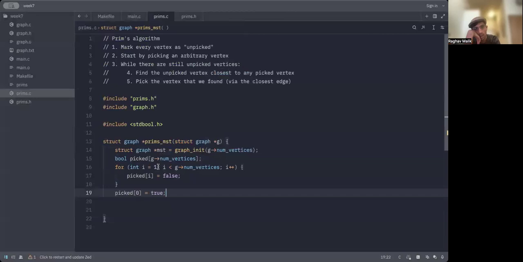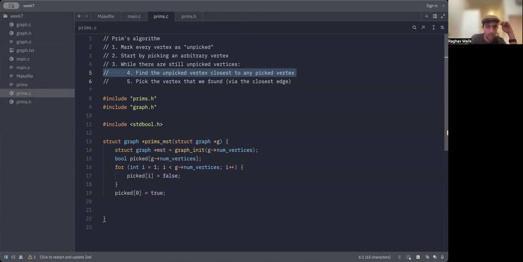Okay, now while there's still unpicked vertices, find the unpicked vertex closest to any picked vertex, pick the vertex that we found. Okay, so how do I do this? This feels like a Dijkstra's sort of thing, right? So if I pull out my annotations again, what I've got going on here is